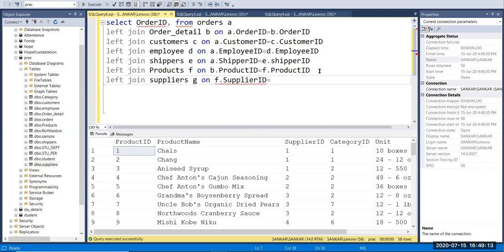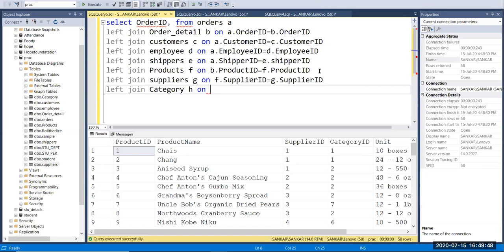And equal to G dot supplier ID. Okay. Now you have connected your supplier ID, and I'm going to connect one more table, that is category. Okay, so category, and I'm going to give it the alias H, on F dot, because the product table has supplier ID and category ID also.